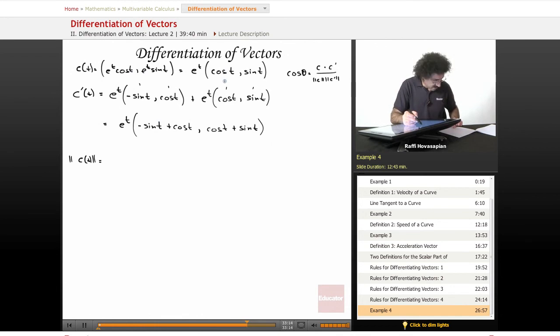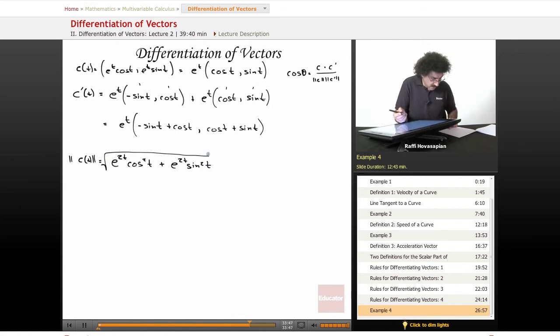This dotted with itself, okay, so we're going to end up with e of 2t, right? Because e of t times e of t is e of 2t. This dotted with itself, you're going to end up with cosine squared t, okay, plus e to the 2t sine squared t,